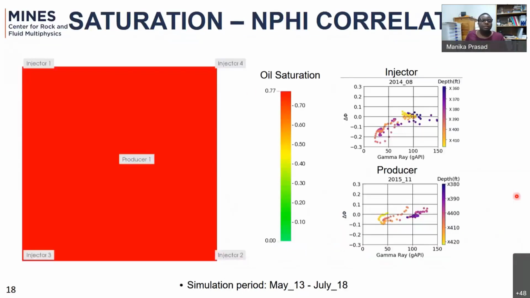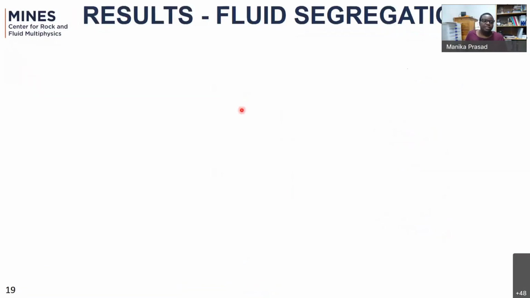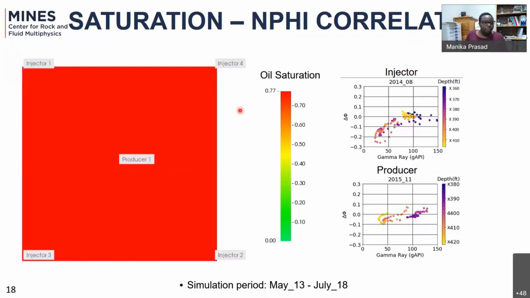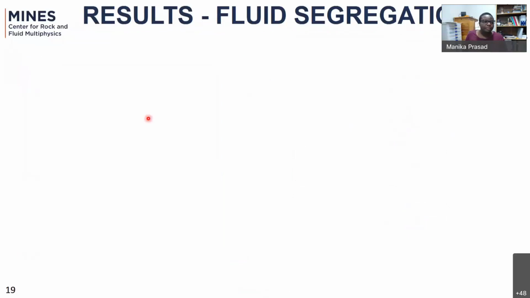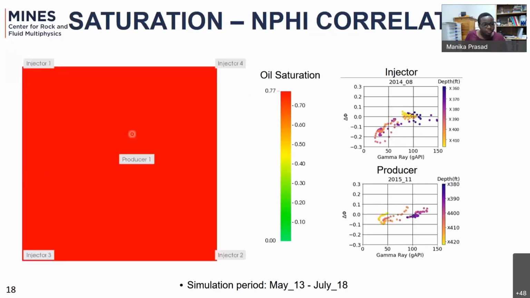So starting with the correlation of our model with well-log data, to understand what is happening and the reason for which we have the producer show very low response compared to the injector, like I mentioned earlier. You see here that the oil saturation with time had